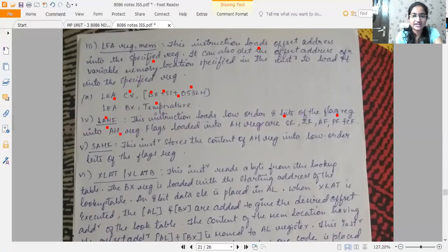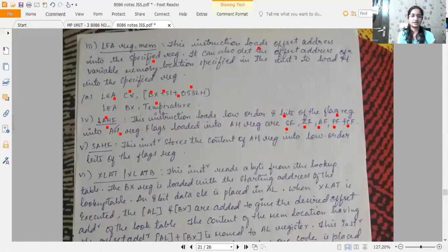The flags loaded into the AH register are the flags on the lower byte, that is bits 0 to 7. If you see the flag register, you will find the sign flag, zero flag, auxiliary flag, parity flag and carry flag present on the lower order of the flag register. So the content of these will be loaded in AH, in the same sequence.